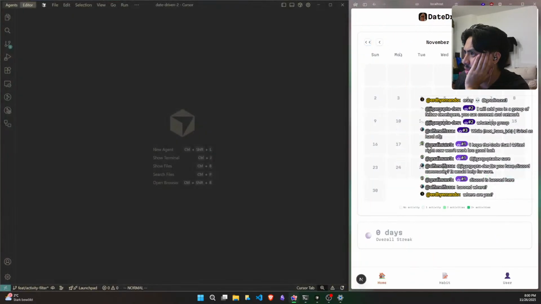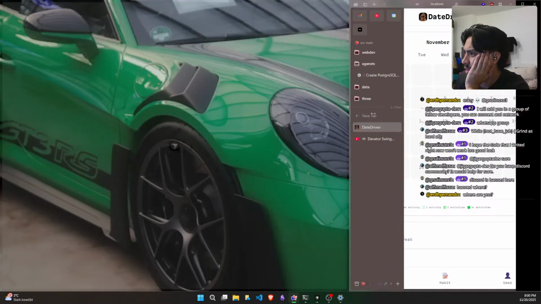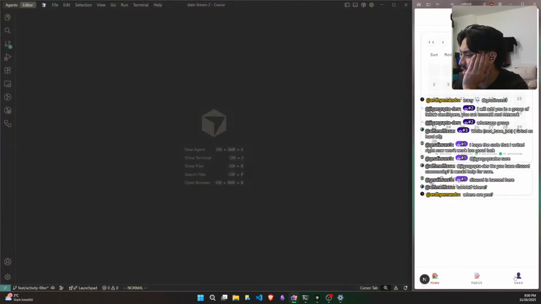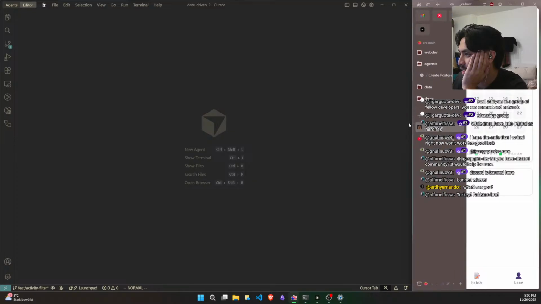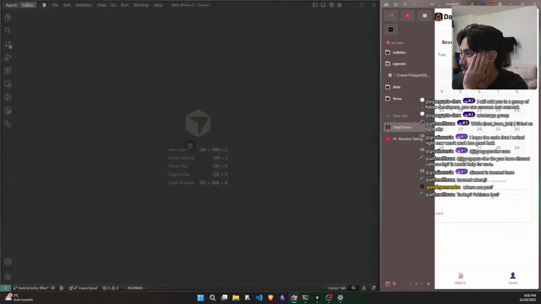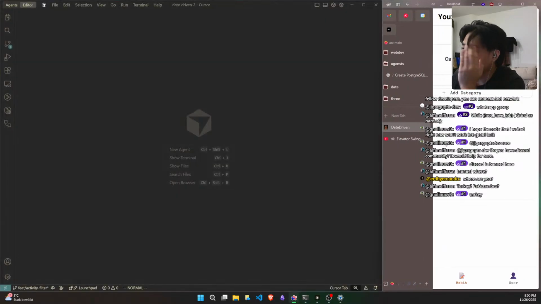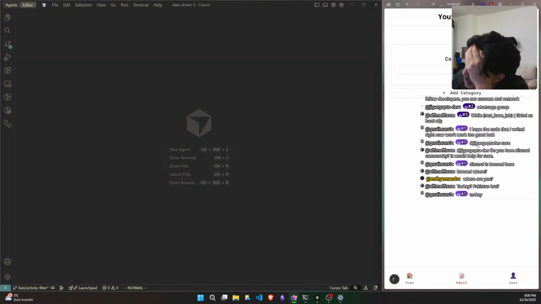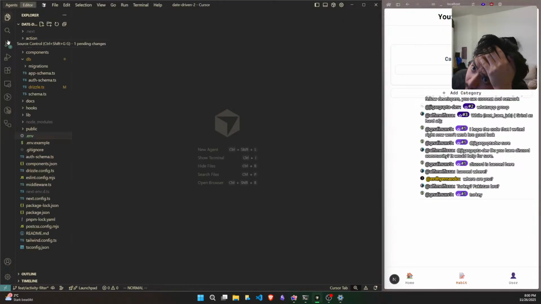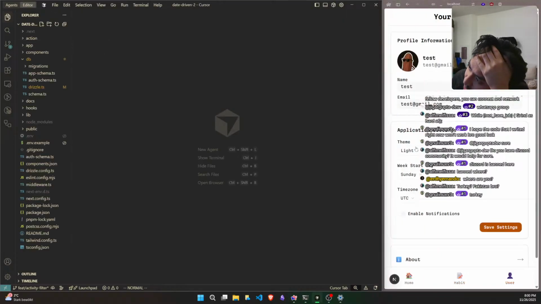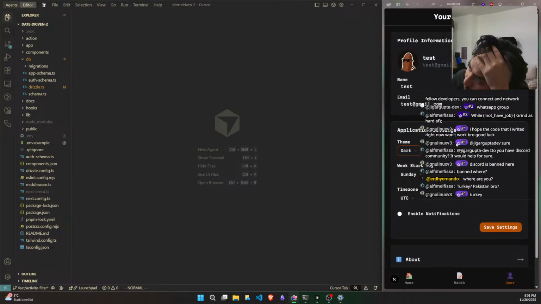Why is it so bad? If I remember correctly, the design is not this bad. Okay, apparently it is that bad. It was sloppy vibe code anyway, so let's make it even sloppier. So basically what I want to do is to be able to view the activity. Let's just make this dark mode, even though I prefer light mode.